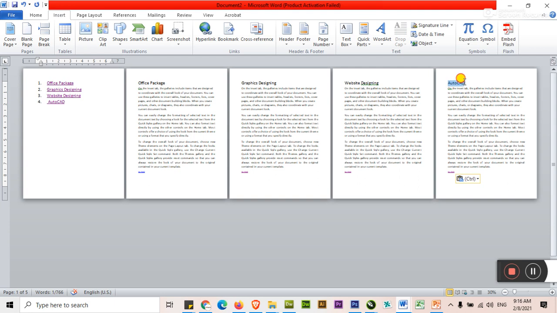AutoCAD is linked with AutoCAD, website designing with website designing, graphic designing with graphic designing, and office package with office package. And this Go Back is attached to the beginning of the document, that is the top bookmark.